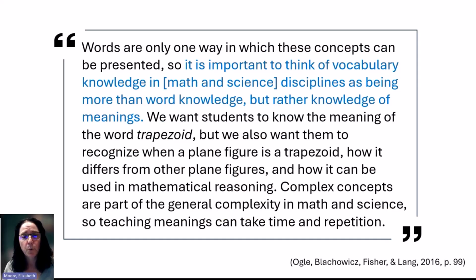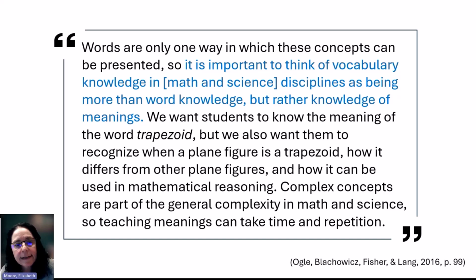We're going to start with this quote from Academic Vocabulary in Middle and High School, Effective Practices Across Disciplines. It says, words are only one way in which these concepts can be presented, so it's important to think of vocabulary knowledge in math and science disciplines as being more than word knowledge, but rather knowledge of meanings. We want students to know the meaning of the word trapezoid, but we also want them to recognize when a plane figure is a trapezoid, how it differs from other plane figures,